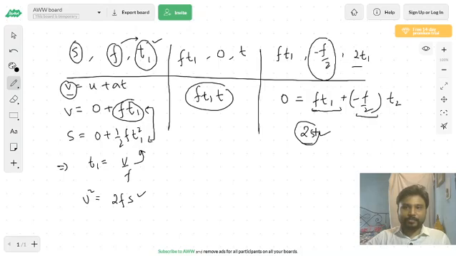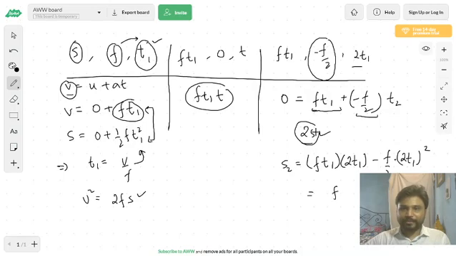So again, this is all about calculation. Let's say the displacement computed in this part is some s2. So we would say that u, the initial velocity, is ft1, into the time taken to complete the whole motion 2t1, minus f by 2, the acceleration, into 2t1 squared. So when we calculate this whole value, this value should come out to be ft1 squared, which is easy to see. So s2 is twice of this value, so this is 2s.